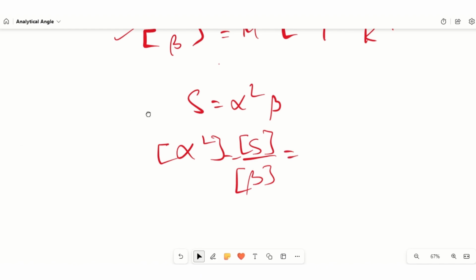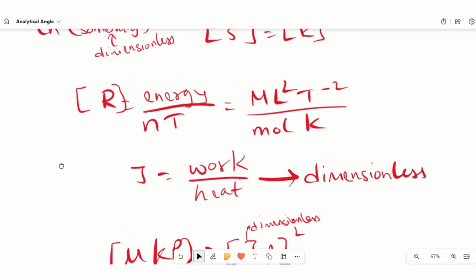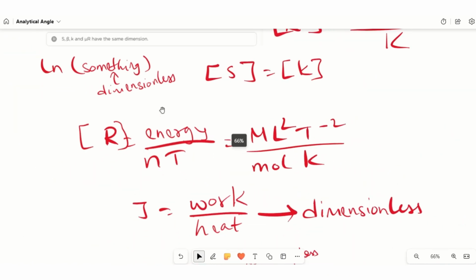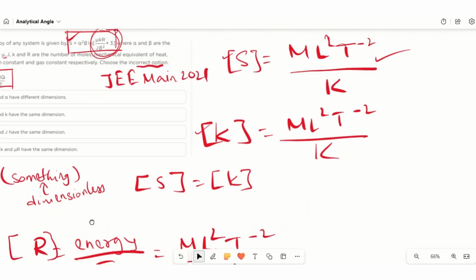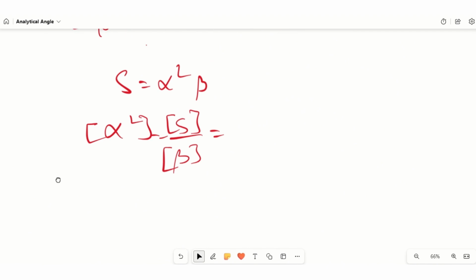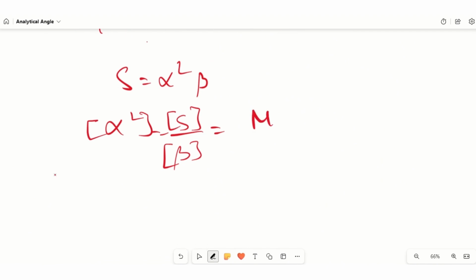So what was the dimension of S? The dimension of S was M L squared T to the power minus 2. It was M L squared T to the power minus 2 by what was beta? Beta was